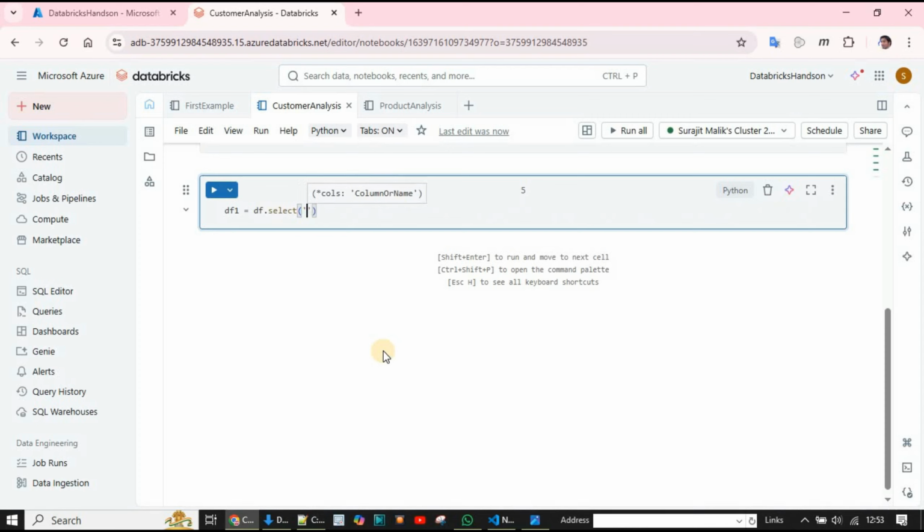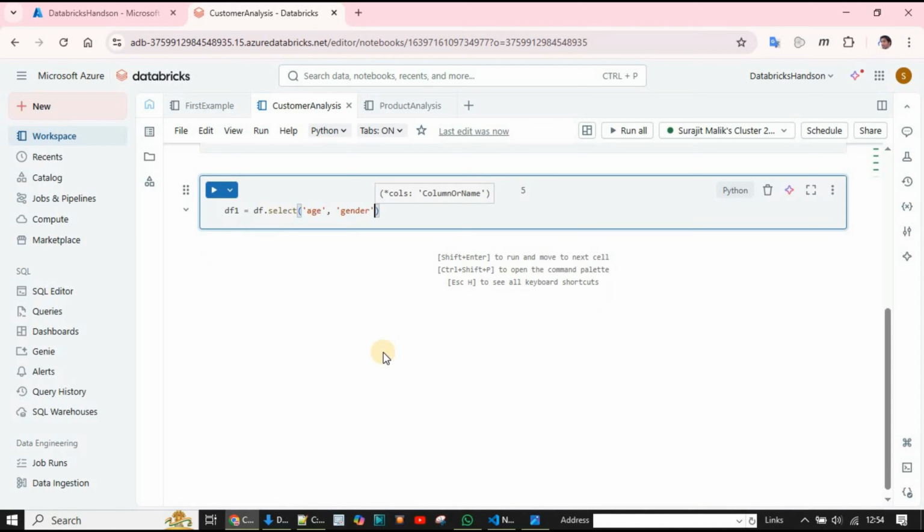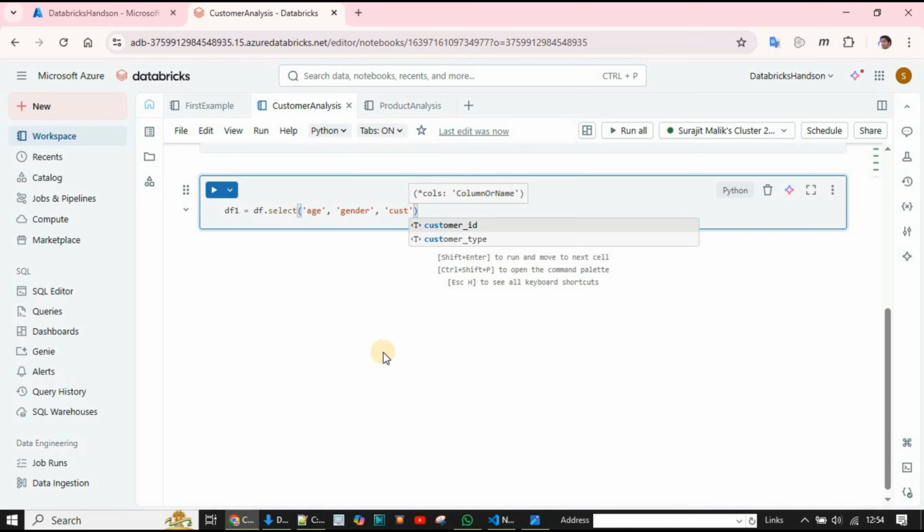Now I can select the columns which I want from the SQL table, and we can store it into another data frame. Like I am selecting the age, gender, city, customer type,